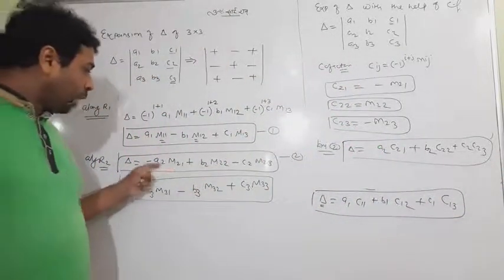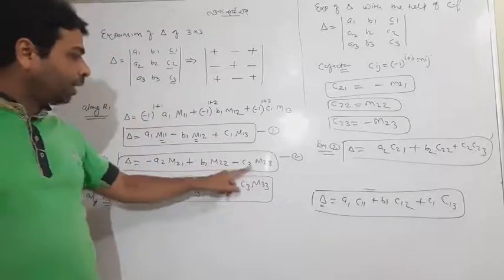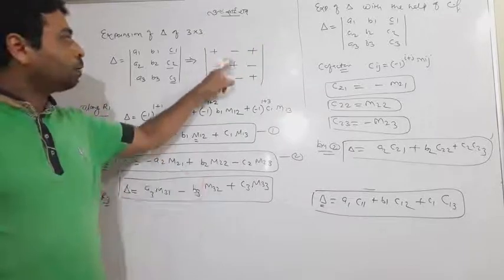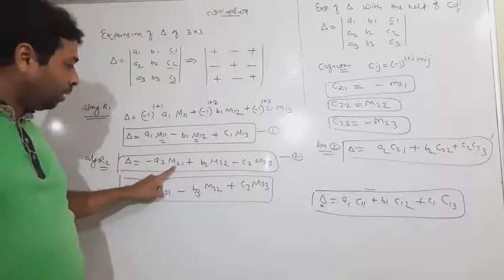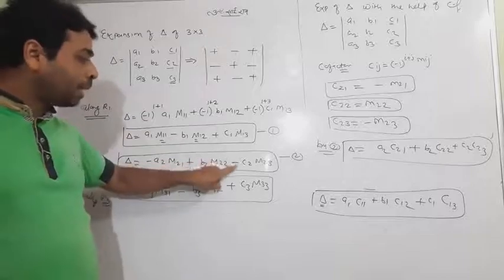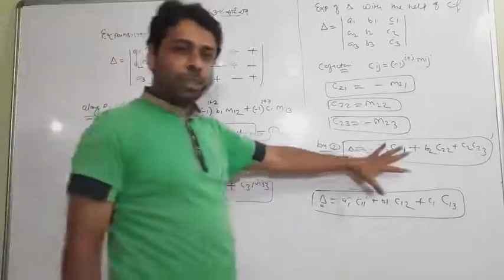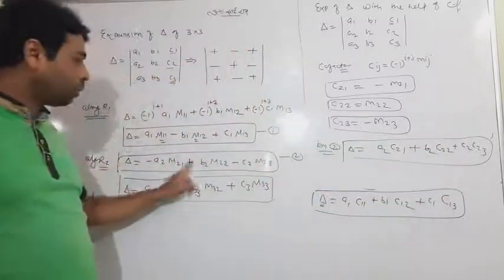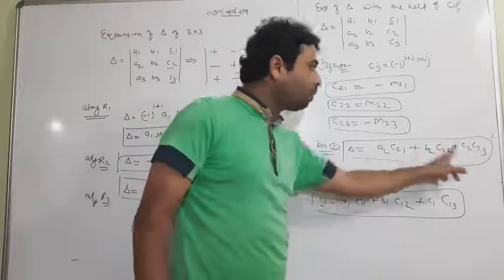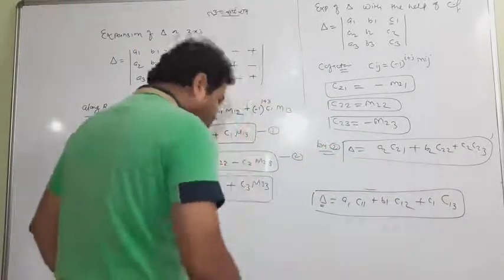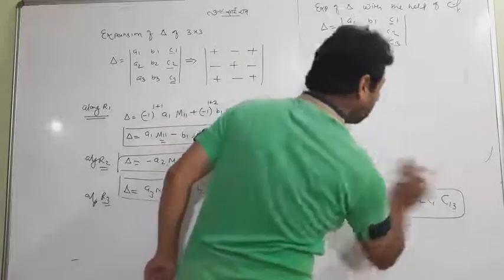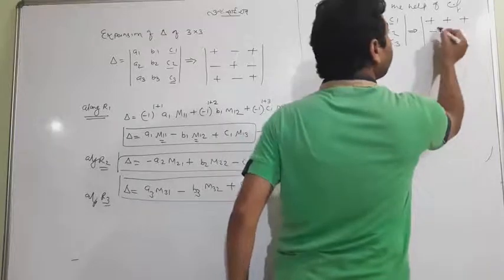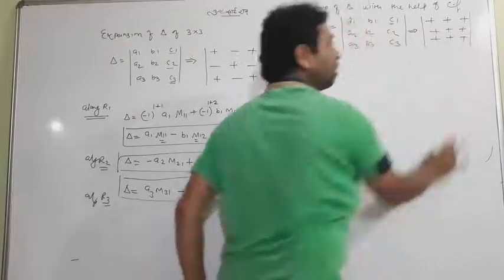When you were expanding that determinant with the help of minor, you followed that particular sign concept: minus plus minus. Minus element its minor, plus element its minor, minus element its minor. This time the elements are positive, positive, positive. Here it is negative, positive. I want to say that it always comes positive. Meaning when we go through the cofactor, I tell you a very short trick, that it always follows plus, plus, plus, plus, plus, plus, plus.